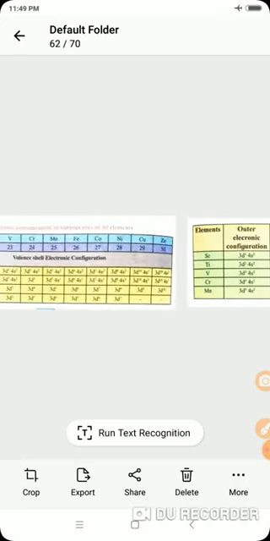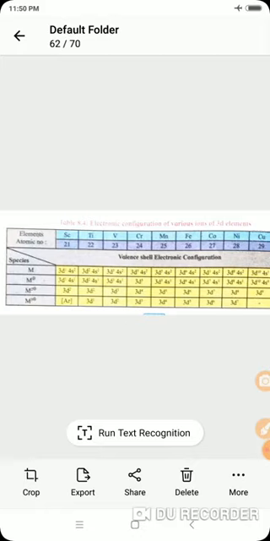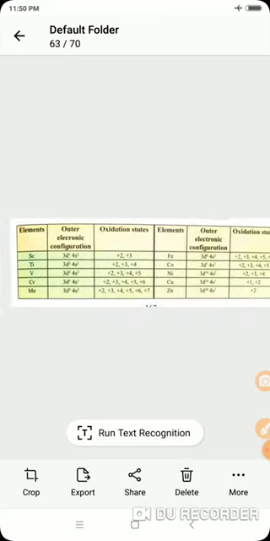When we observe the electronic configuration of ions, these are the ions. M is the metal atom, M positive is the ion, M2 positive is the ion, and M3 positive is also an ion. Means when there is a loss of one electron from the 4s orbital, it gets converted into the M positive ion, and when there is a loss of two electrons, then the atom gets converted into the M2 positive ion. In this way the ions are formed from the element or from the metal atom.